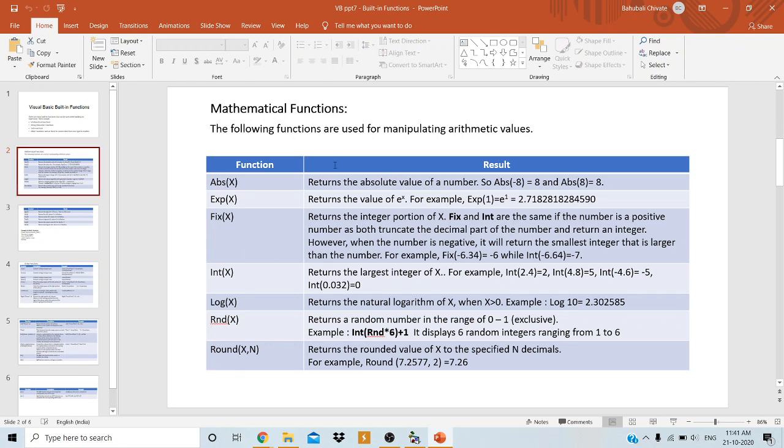So these are the different mathematical functions that are available in VB. In the first column, I have specified the function name, and in the second column, their description with the examples. Fine. So first function is absolute function. This function, ABS function, is going to have one argument, a numeric argument, and always remember that these mathematical functions are going to have numeric arguments to manipulate the arithmetic values. Okay, so ABS function, absolute function, is going to have one numeric argument, and this function returns the absolute value of the number x.